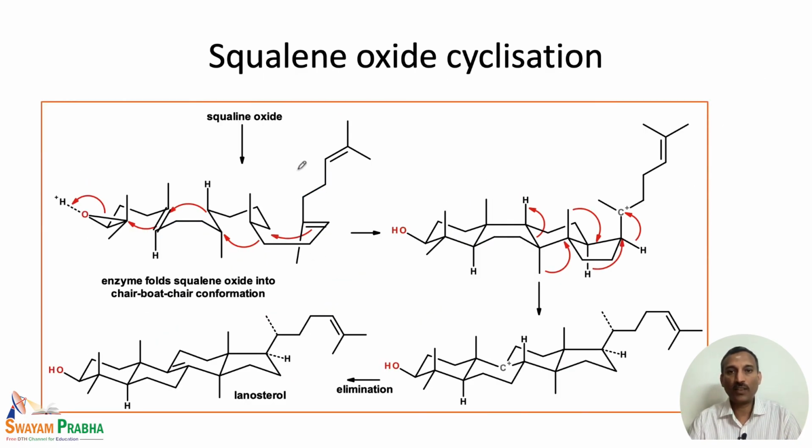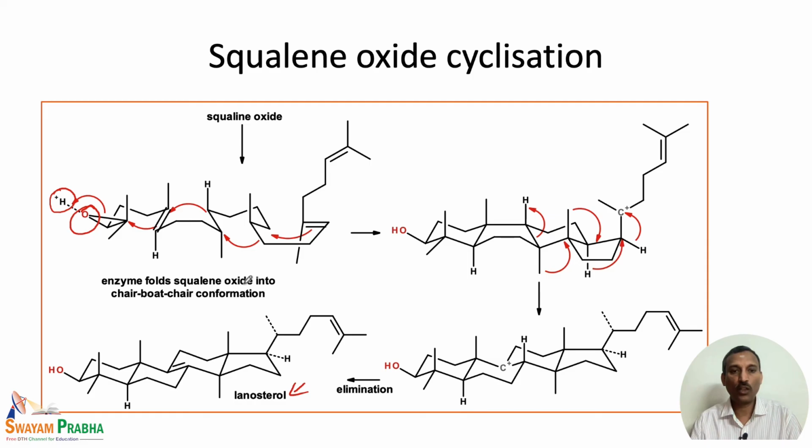And here is a reaction which leads to a simple lanosterol molecule. So, the initial step is that squalene is converted to squalene oxide. This is the most crucial initial step. Once this squalene is converted to the squalene oxide under acidic conditions, what happens is the enzyme actually